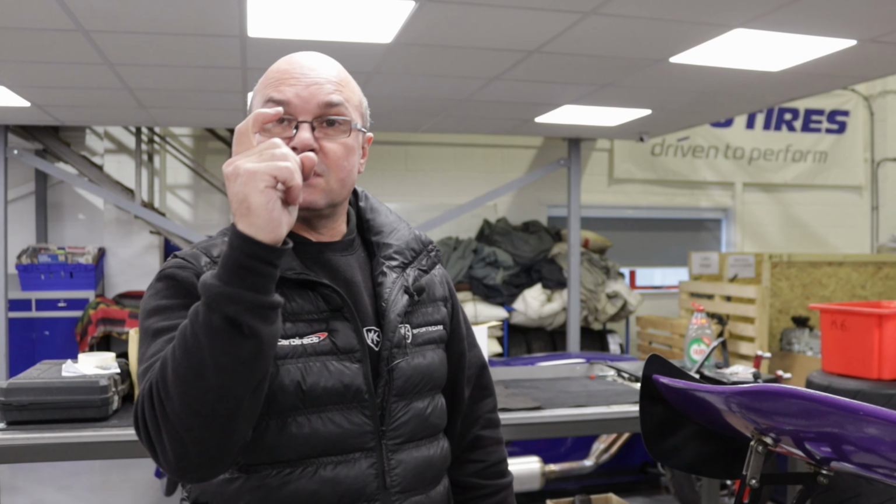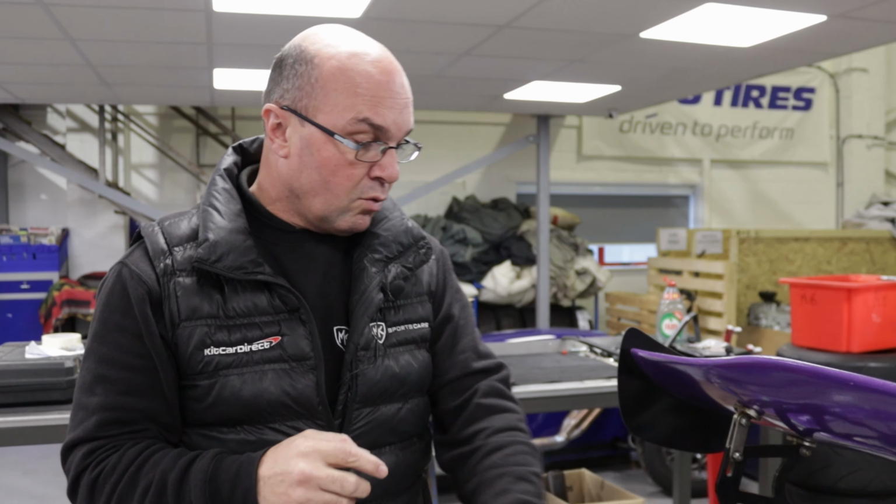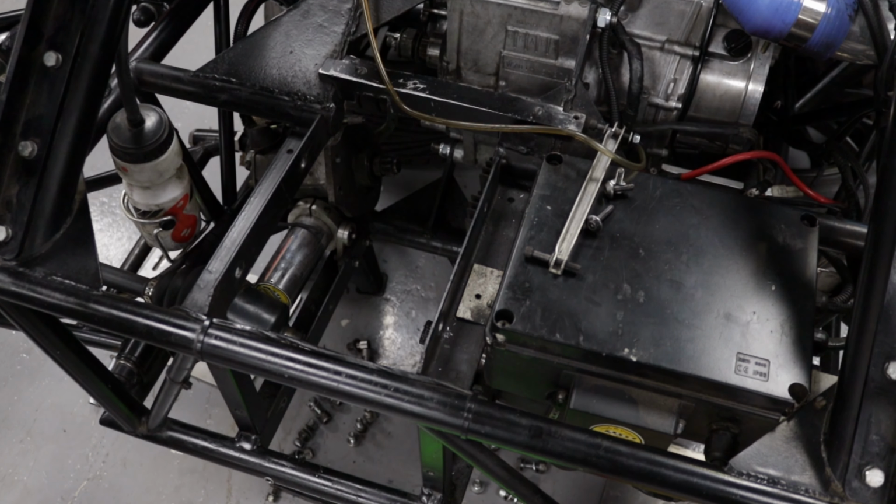The teeth, instead of being straight, were curved like a C-hook, and probably about 5 or 6 of them were missing the tops of the teeth. So we've had to take the whole LSD unit out. It's not something we supply as a part. We've had to send that off and get the sprocket machined up,